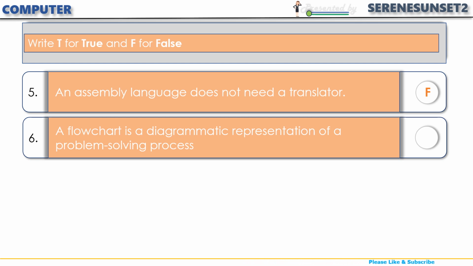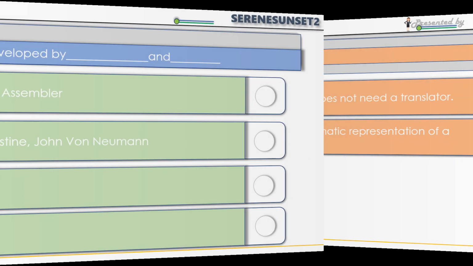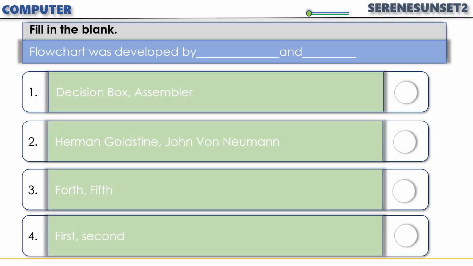Sixth, a flowchart is a diagrammatic representation of a problem-solving process. Answer: true. Flowchart was developed by